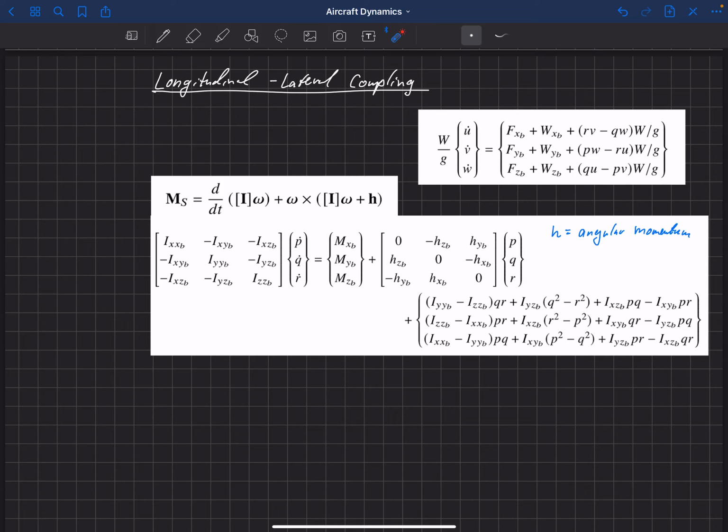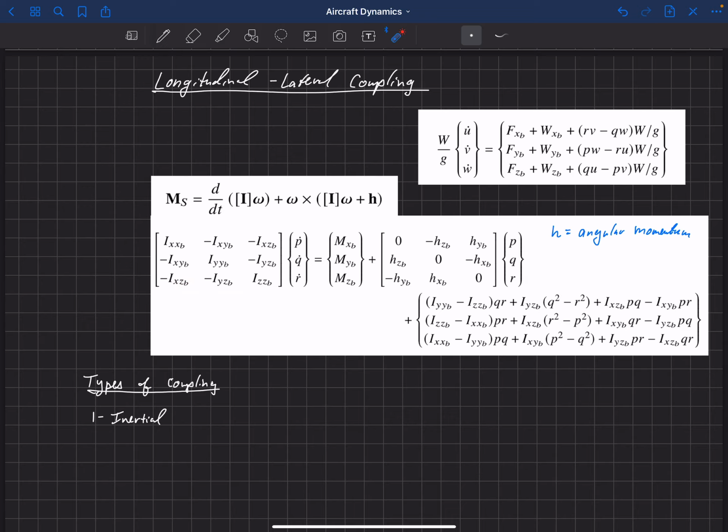Okay, so in general, there are four types of longitudinal-lateral coupling that are important. The types of coupling that we're going to discuss here fall into four categories. The first one that we're going to talk about is inertial. And that goes back to what I was just talking about, the fact that the inertia tensor here we